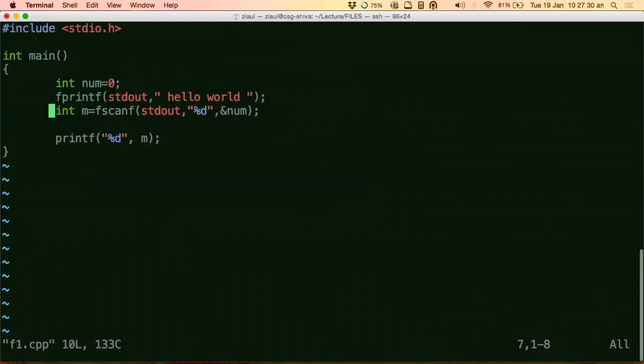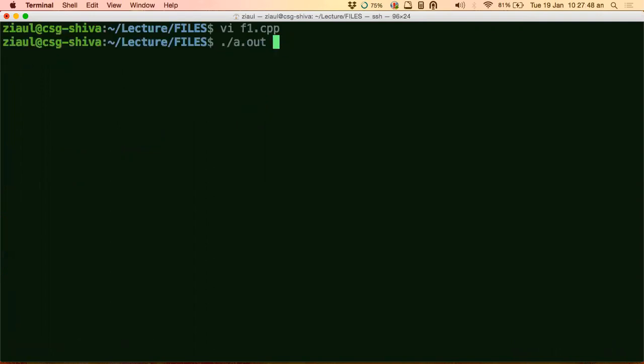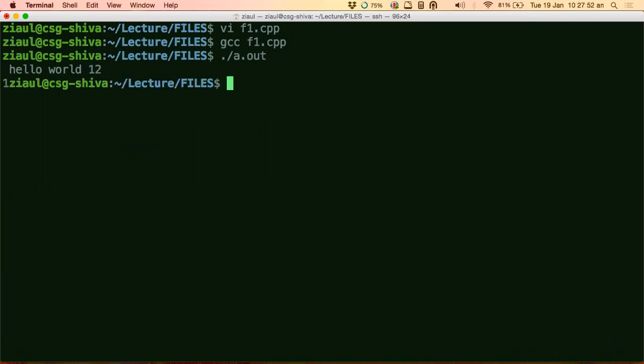So this is what happens with fscanf. If you are seeing a -1, that means it did not work properly. Let's see what the value of m would be if it worked properly. First, let's put stdin and see. If it works properly, it's 1.